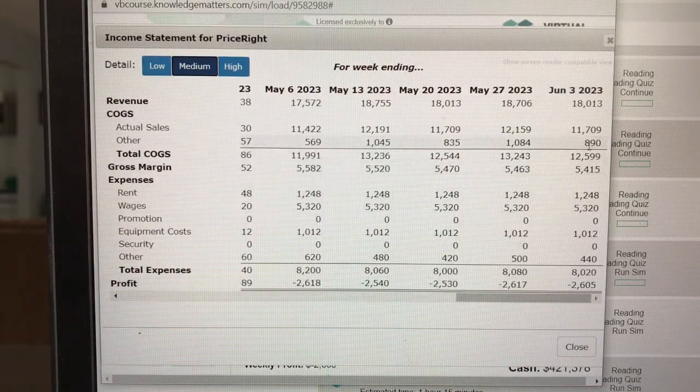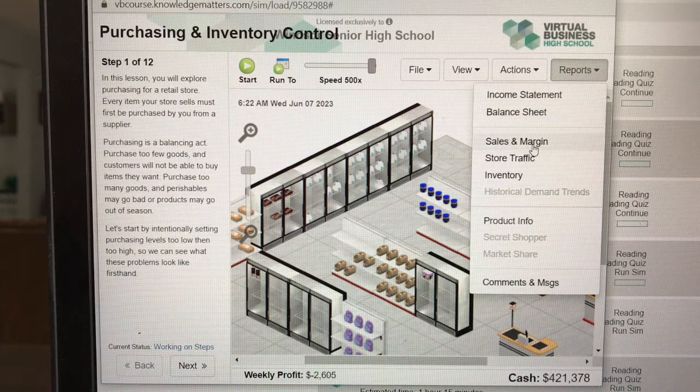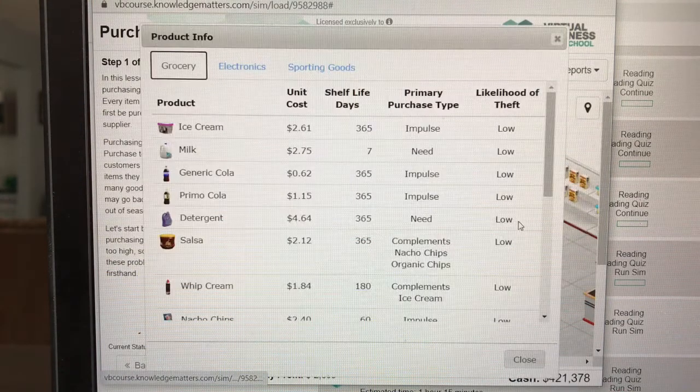Okay, so look at these costs here, this other. So I'm losing a little bit of money each month for items that are expiring. So that's something I've got to take care of, then, is what items are expiring, and so what do I need to fix. And so if I go to reports and go to product info,